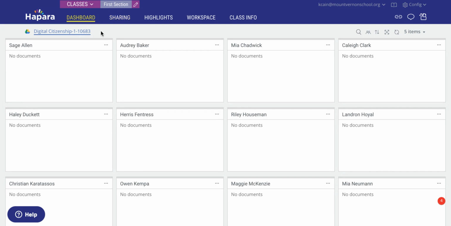in Hapara. So right now I'm on the dashboard for one of my classes, and this is showing me the Google Drive folder in each of my students' Google Drives for my class called Digital Citizenship. So Hapara established a link between me as the teacher and my students by creating a folder in their Google